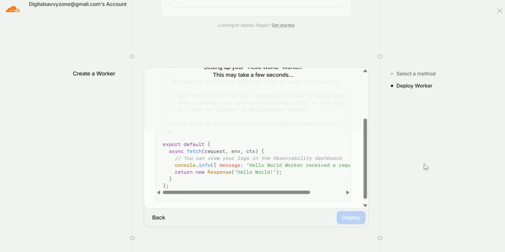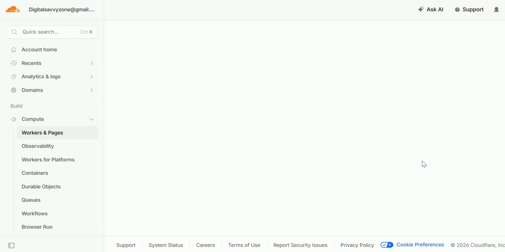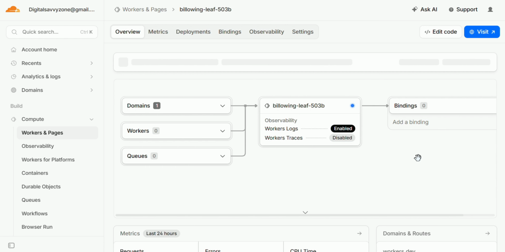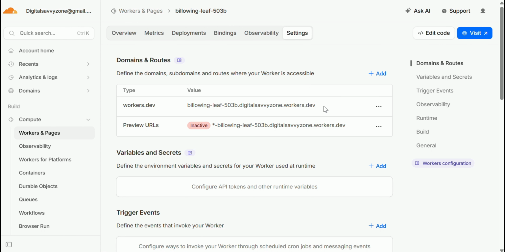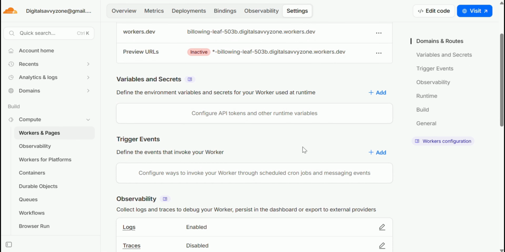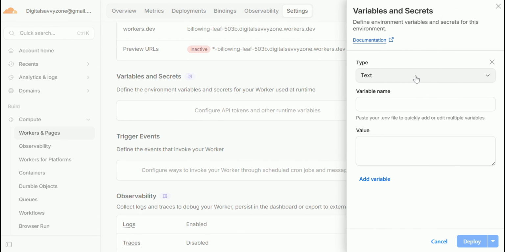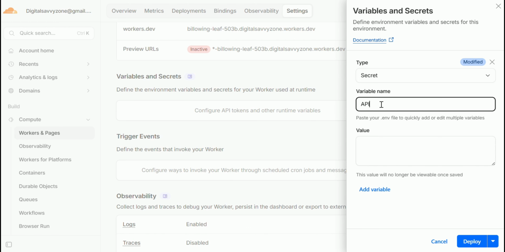Once the worker is deployed, head over to the Settings tab. Then go into Variables and Secrets. To access this function, we're going to add authentication. The user will have to provide an API key. For that, we create a secret key. Add a variable named API_KEY in uppercase and provide a strong hash value. Save this somewhere safe because you'll need it later, then deploy. Now the API key is added.